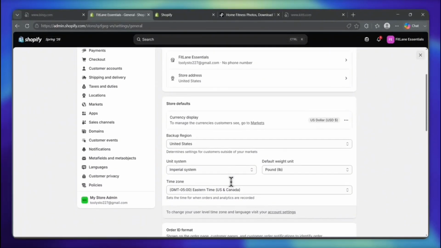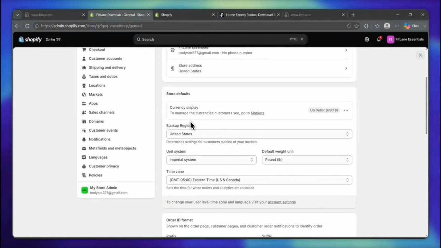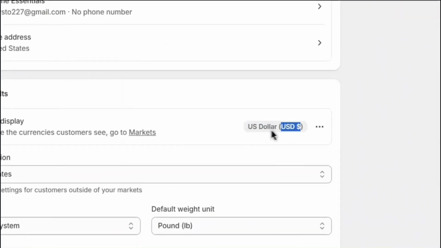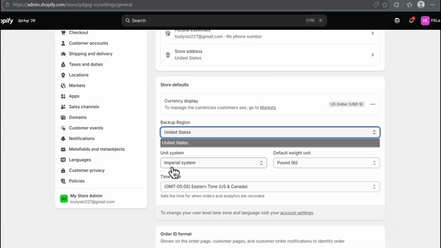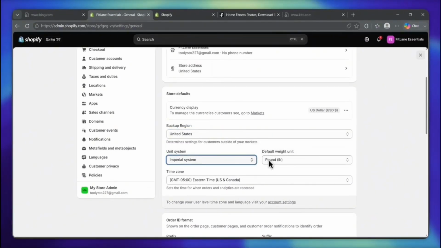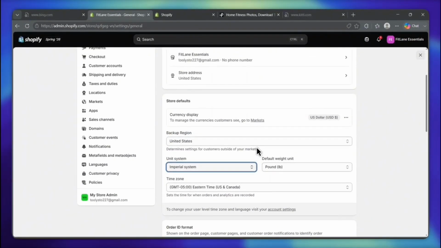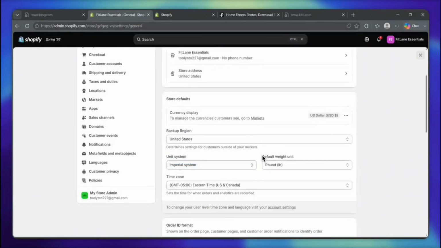Then I'll scroll down and check the store defaults. For this demo store, the currency is set to US dollars, and the region and time zone are set for the United States. Yours may be different depending on where your business is based and where you plan to sell. And I'd also check the weight unit because this can affect shipping rates later. Since we're selling physical fitness products, weight matters, especially if you're using calculated shipping